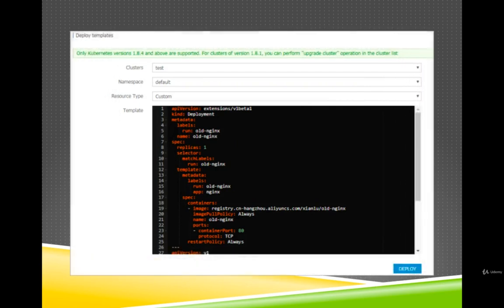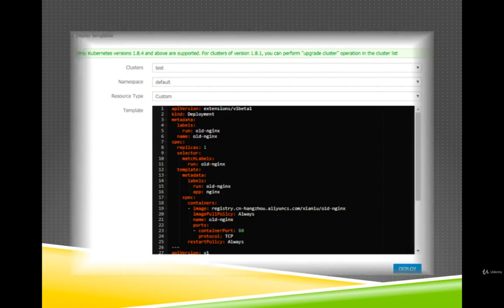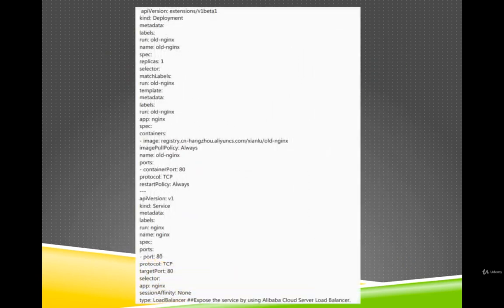as you can see on the screen. Now in this example, expose the nginx service by using Server Load Balancer, as you can see on the screen right now.